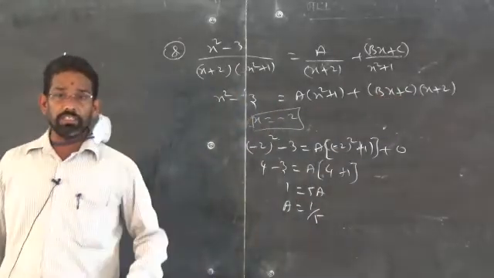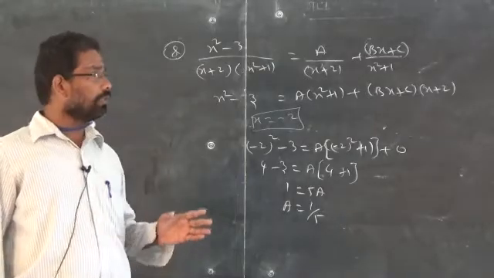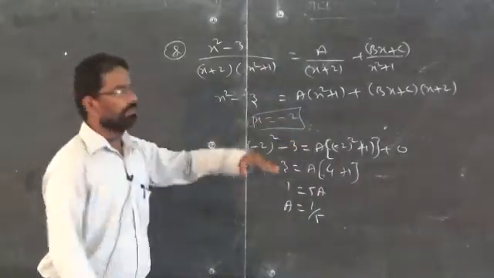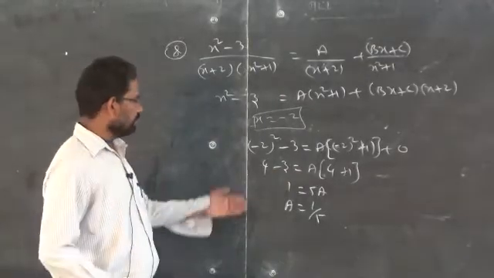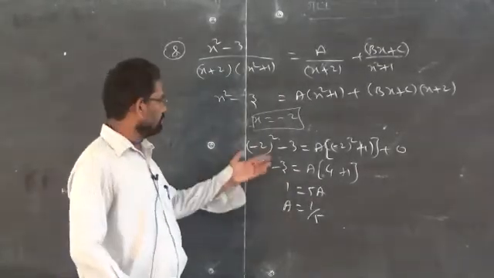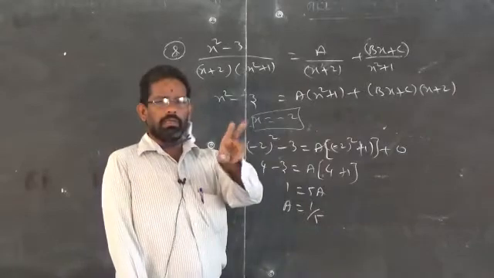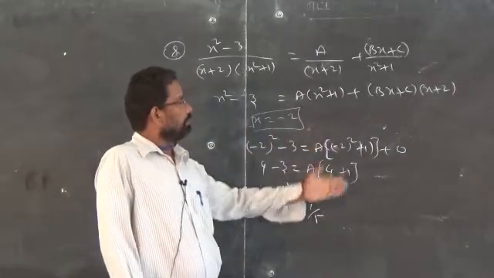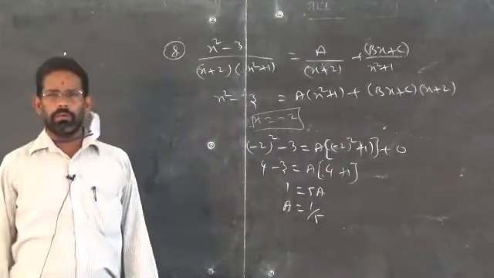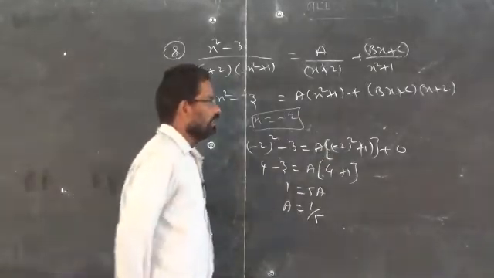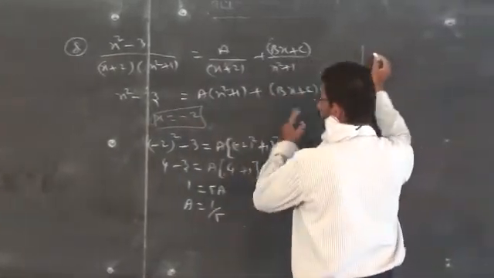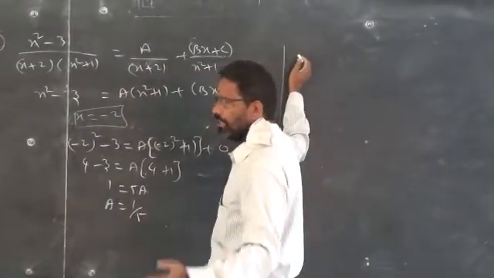So I suggest you follow comparing the coefficients of x square, x and constant for this model and the previous model. For other cases, you can get the answer straight away by replacing x by any number; a term will vanish and you will get the remaining one. For this model and the previous model, it is better to compare the coefficients of x square, x and constants. Before that, you have to write the given expression in the standard form.